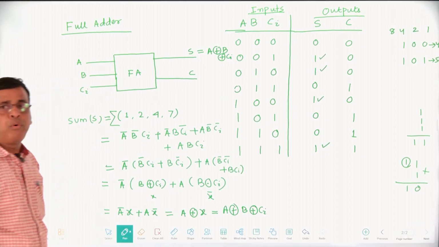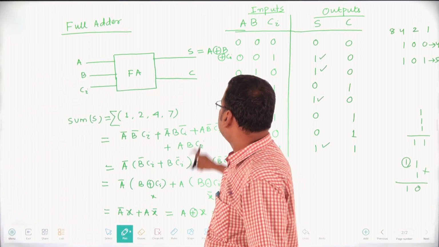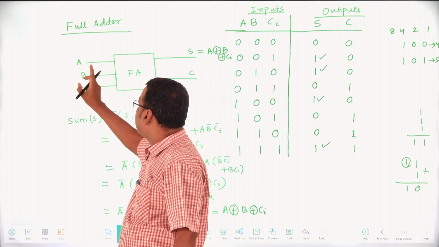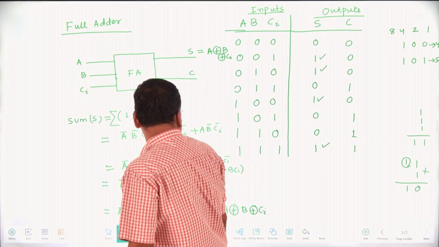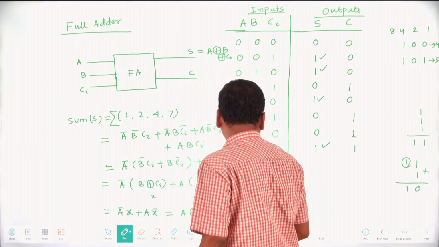So in case of full adder, that is, the two significant bits along with the previous carry, the sum is nothing but A XOR B XOR Ci. So then next one is what? That is the carry. In case of carry,